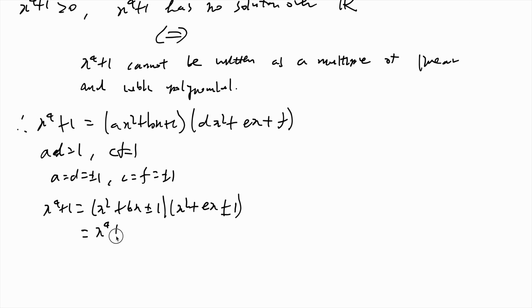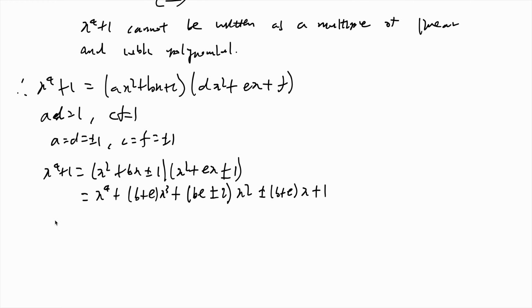Therefore, this is equal to x to the power of 4 plus (b plus e) x cubed plus or minus 2 x squared, plus or minus (b plus e) x, plus 1. So therefore, b equals negative e. But if b equals negative e, however, plus or minus 2 is impossible, unobtainable,